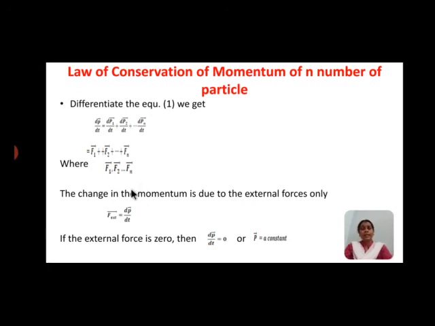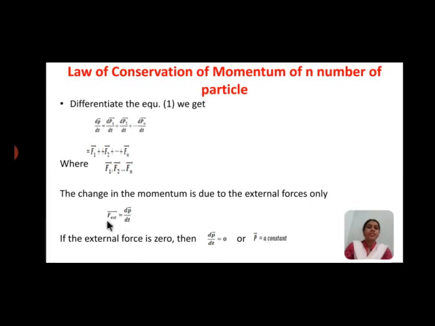Now the above consists of both internal as well as external forces. As per Newton's third law of motion, the internal forces exist in pairs of equal and opposite forces. But in this case, they balance each other and do not contribute anything to the total force. Or else we can say that the internal forces do not change the total momentum of the system. So whatever change in momentum there is, it is due to the external force only. Therefore F external is equal to dP by dt.